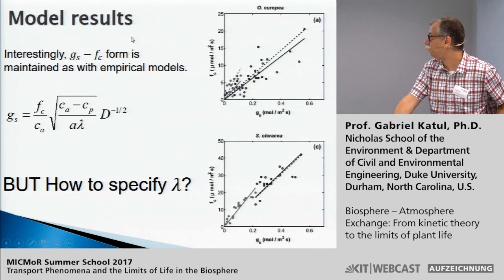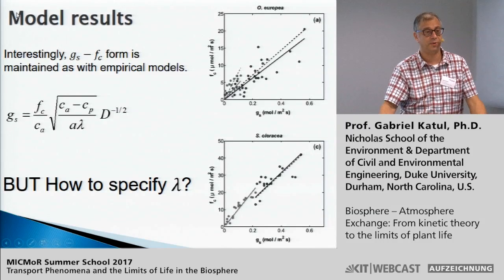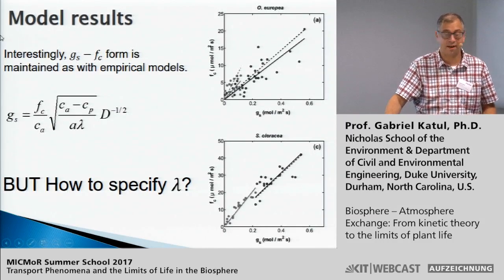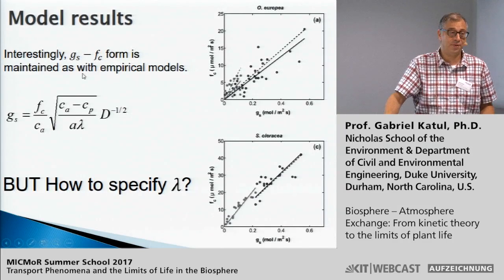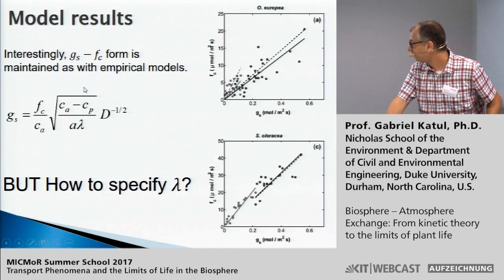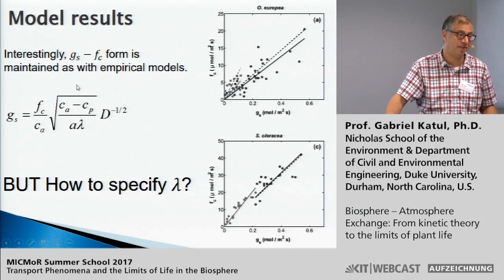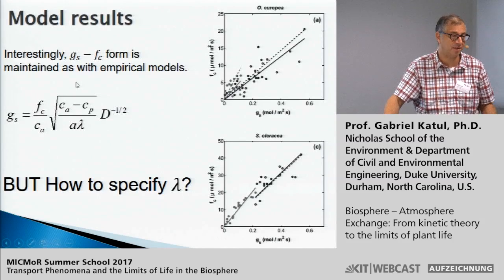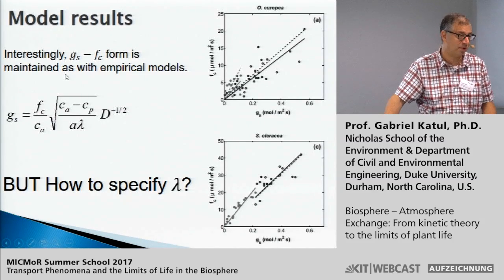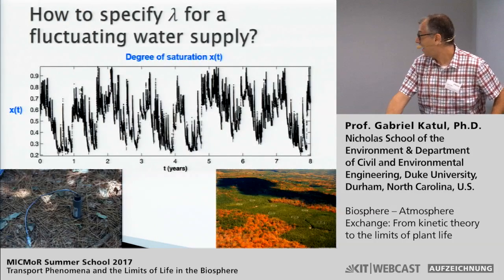Now, the problem with all of these optimality theories is that how do you go about specifying the marginal water use efficiency, or the Lagrange multiplier, lambda? That's a big issue. And what we're going to do now is suggest a few lines of attack on this. And there are many others, including throwing away the maximization of carbon and simply assuming that plants operate to maximize transpiration, or plants maximize sugar transport, okay, rather than all these operations in the leaf. And of course, this is important.